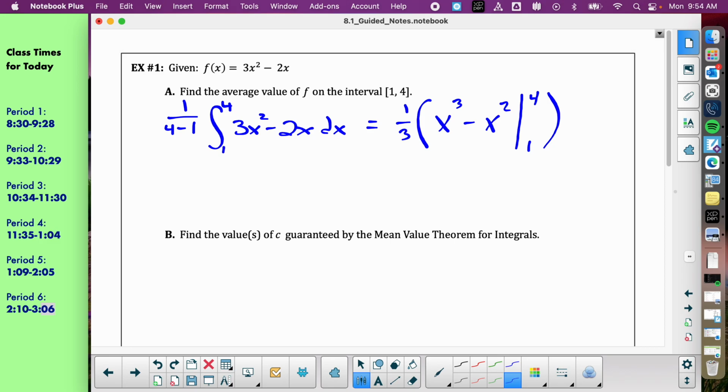The 1/3 traditionally you'll multiply at the very end, but if you want, you can do the 1/3 on each term as well. That's your choice, how you want to approach it. Most people just have an easier time doing it at the end. Next person to help me show that they know how to do the definite integral part.